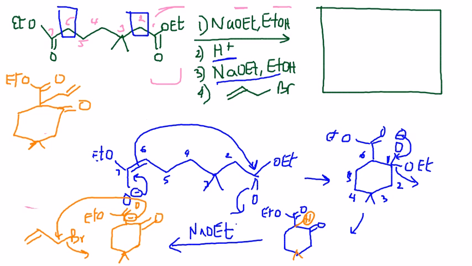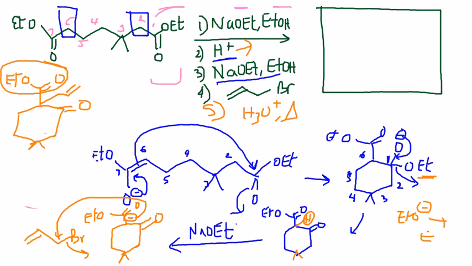Now if they further treat it with an acid and heat it, then this entire ester would also go away. So let's say there was a fifth step where they treated it with hydronium and they heated it, then this just means proton exchange took place. So ethoxide would become ethanol. But this tells you that the entire ester group will go away, and in that case your product will look like